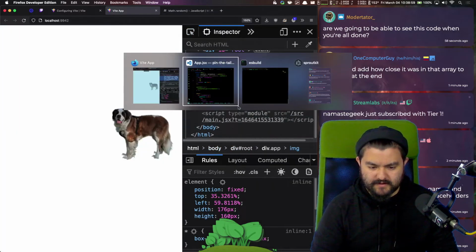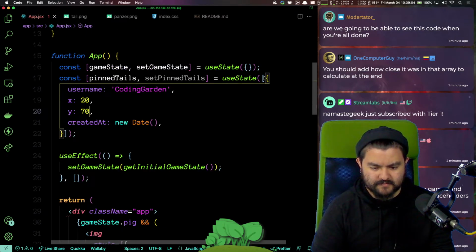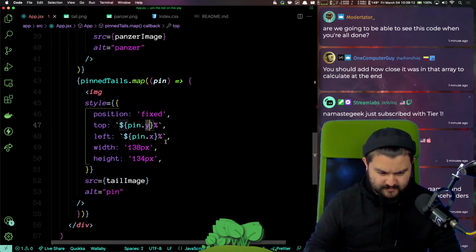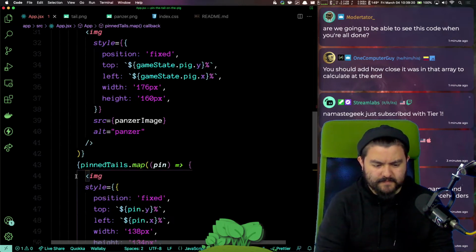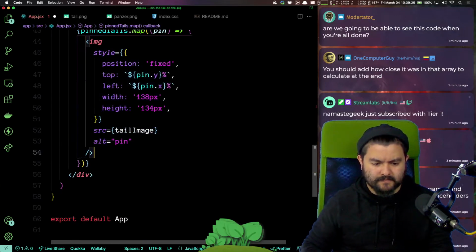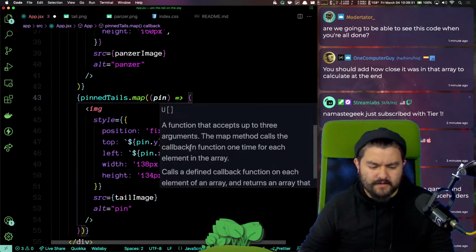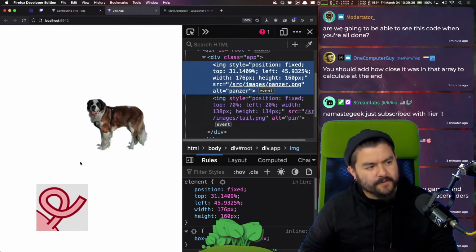It is not there. Pinned tails, x, y. Oh, what? I specified the function wrong. It wasn't returning anything. So there we go.